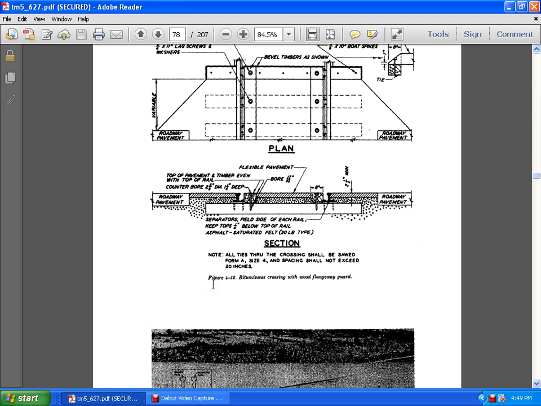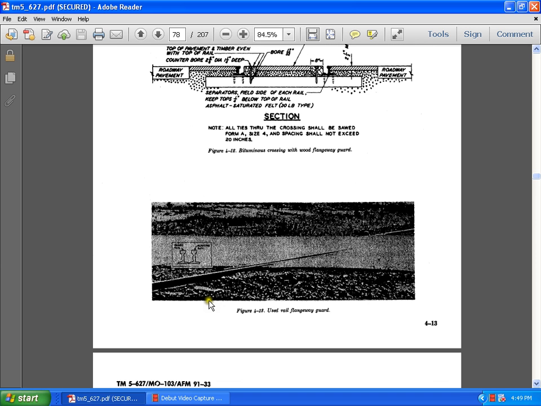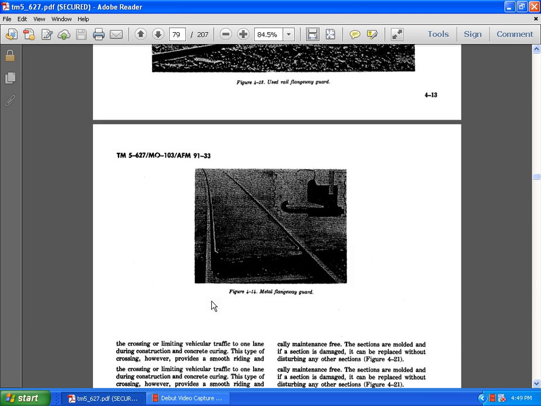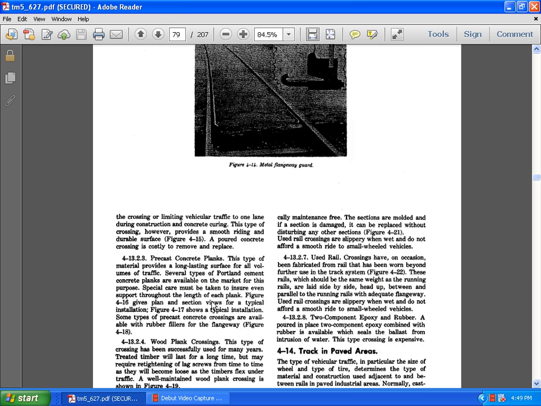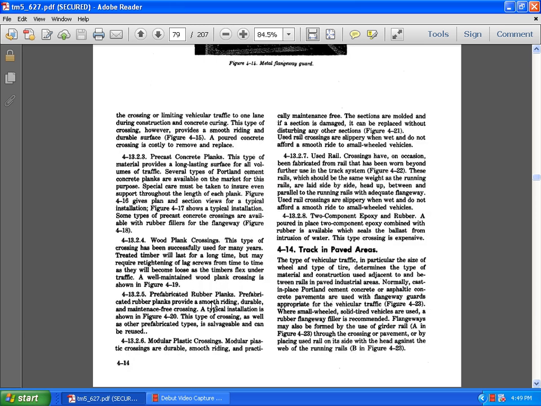All through this crossing, the ties shall be sawed from a size 4, and spacing shall not exceed 20 inches. Use of the flangeway rails, metal flangeway guard. Crossing limits vehicle traffic to one lane during the construction and concrete curing. The type of crossing, however, provides a smooth riding, durable surface. Poured concrete crossing is costly to remove and